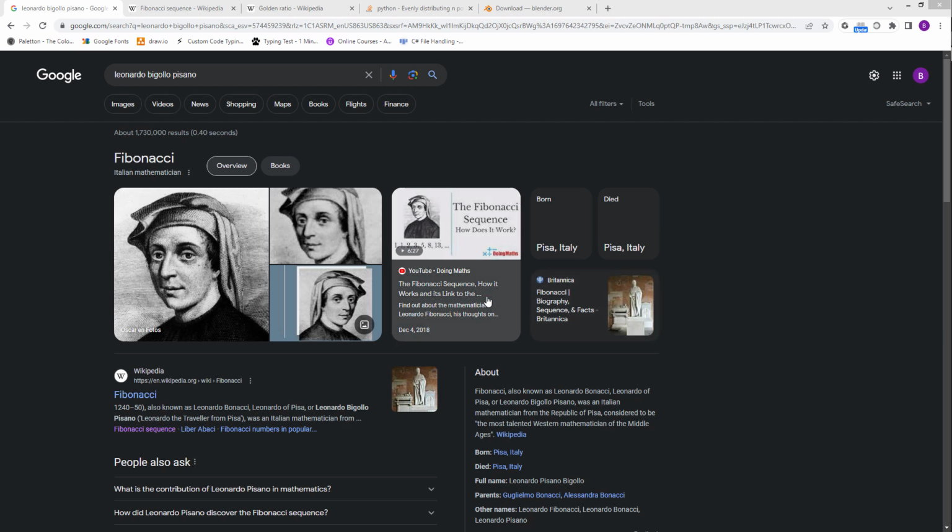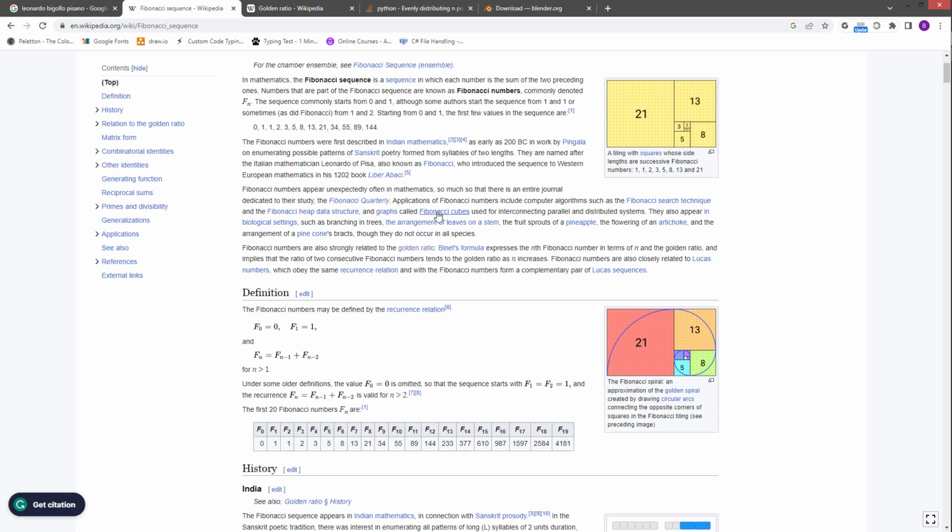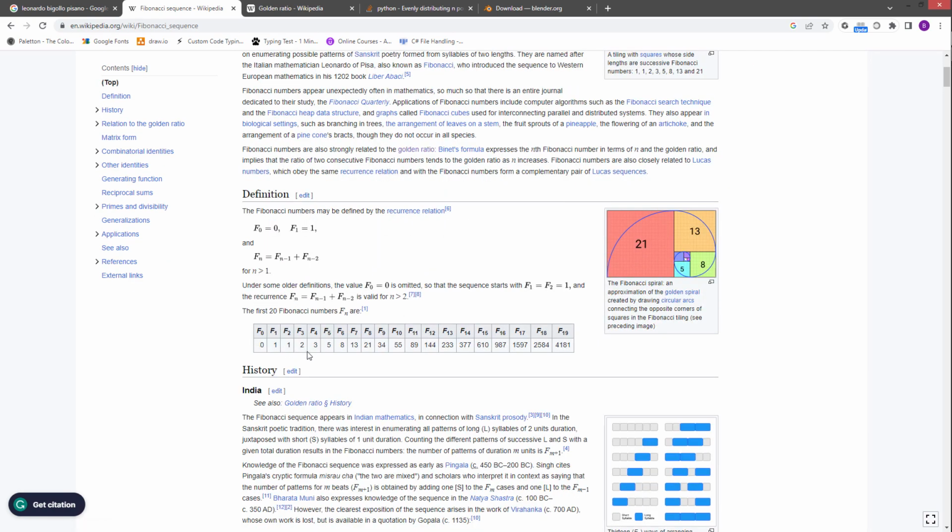And what that is, there's this guy right here. His real name was Leonardo Bigola Pisano, but for some reason they changed his name on him to Fibonacci. And he didn't invent it, but he was one of the people to find this sequence where, if you look here, each number is the sum of the two previous numbers, and you can see that here. And if you use squares to build it, like you can see right here,